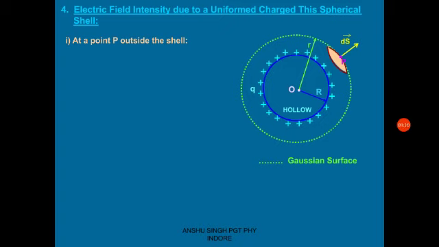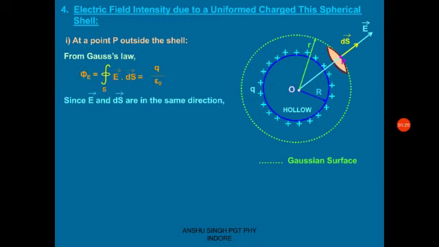Shell को चारों तरफ से घेर के जो uniformly रख सकता है वो कौन रख सकता है? Sphere. So this is ds and this is E, acting along the same direction. Distance is R. So very simple, from the Gauss theorem we are getting E dot ds is equal to q upon epsilon 0, and ds is the surface area of the Gaussian surface which is a sphere.